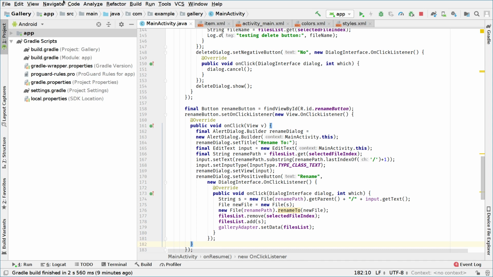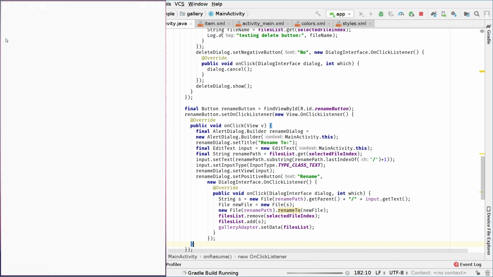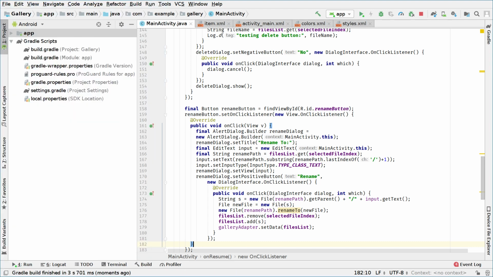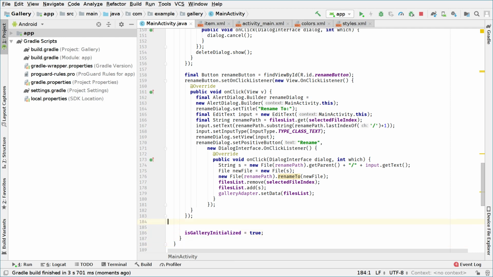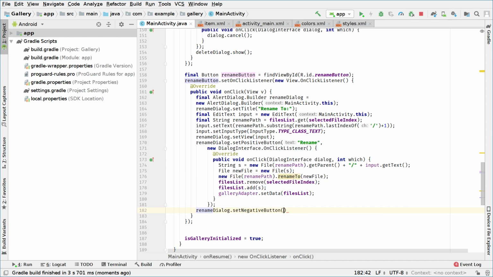So we will test this right now and see if it works. So I am running the app. I will try to see if, oh, again, I always forget this. I didn't show the dialog. I don't know why I always forget it. But okay, so we set the positive button right here, and we also have to set the negative button. So rename dialog that set the negative button, and inside here we're gonna say, when we don't want to rename, we will say cancel,